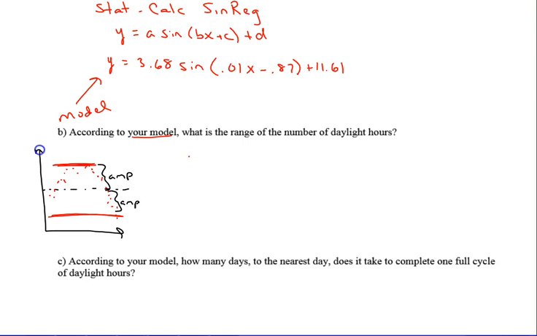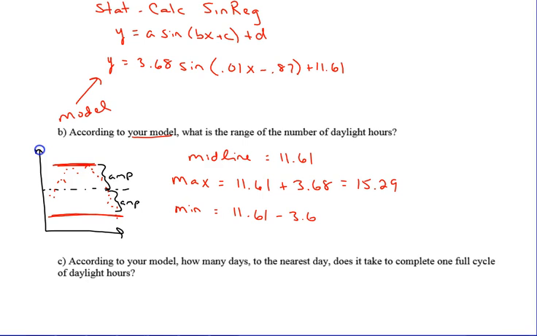equation, the midline, remember, is how much we went up or down, which is 11.61. So to get the maximum, we're going to take the midline plus the amplitude, which is 3.68, right, because it's the midline plus the amplitude to get to the max, which is 15.29. And to get the minimum, I'm going to look at the midline and subtract the amplitude, and that's